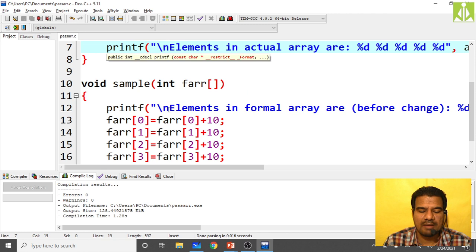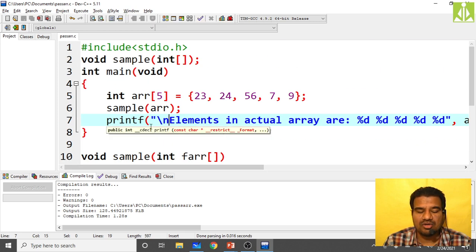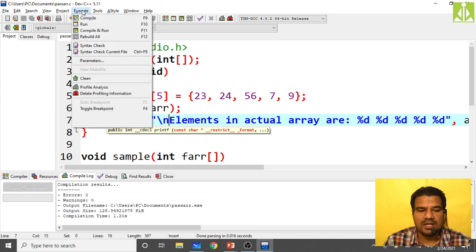Inside sample function, I am printing the formal array before the change, and printing formal array after the change. And coming back to the calling function, I'm also printing the actual array after the function call.